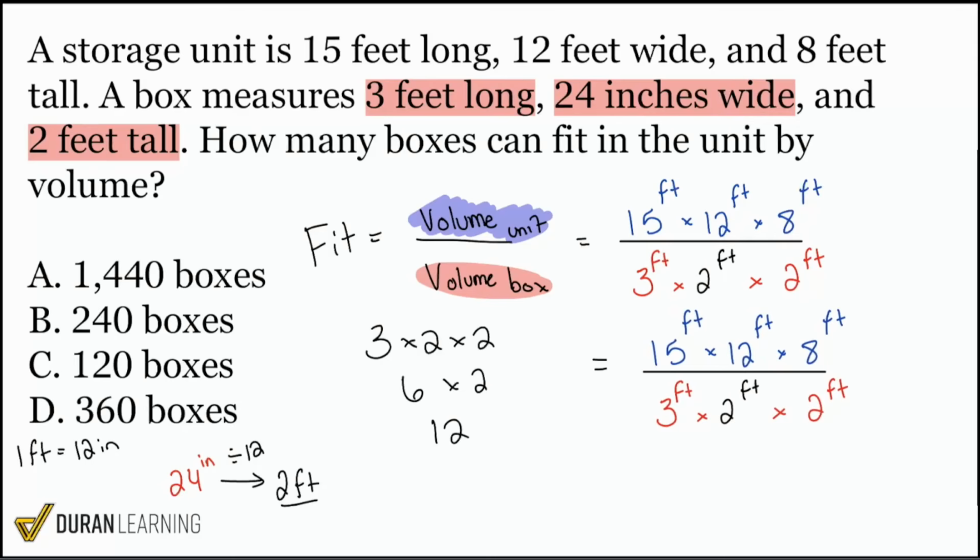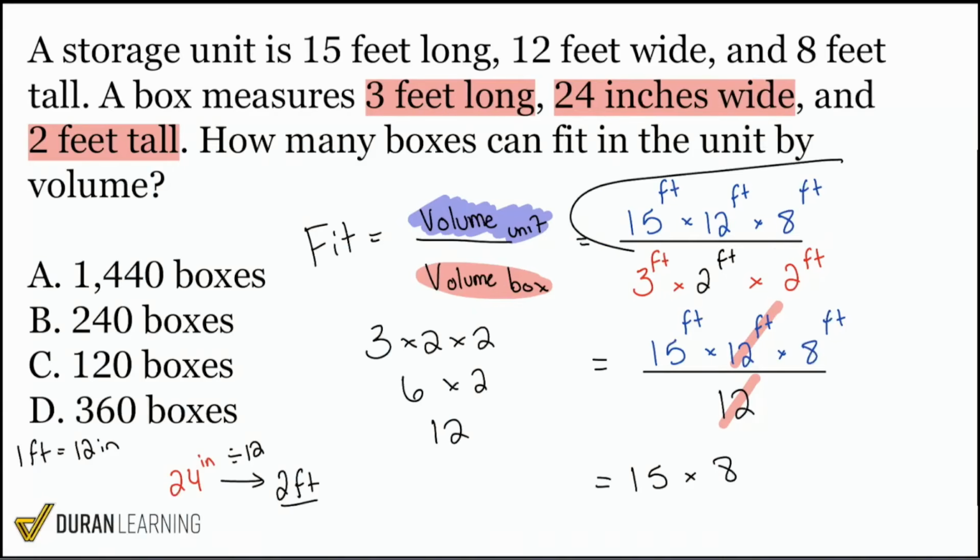This is actually going to be everything on top divided by 12. And oh, look at this. This can cancel out right there. So to find out the number of boxes that fit is actually going to fall down to a very simple calculation. 15 multiplied by 8. We actually don't need to do this crazy part right there all in one. If you just simplify, you reduce it to something much more manageable in 15 multiplied by 8,